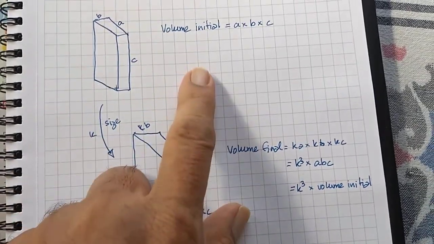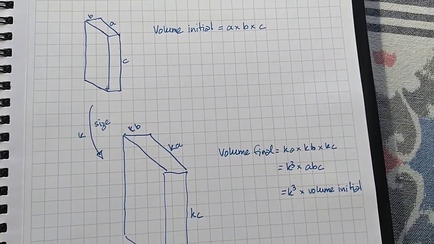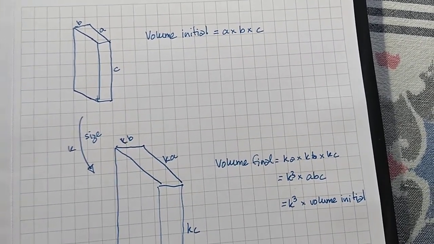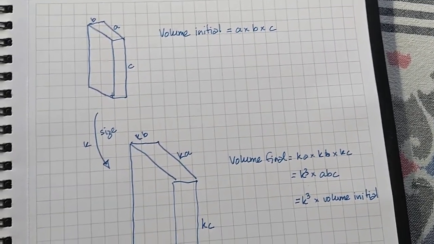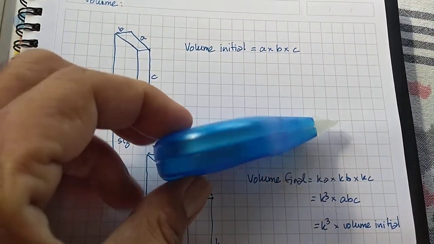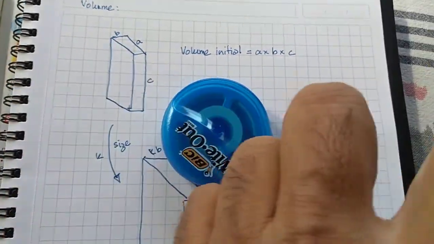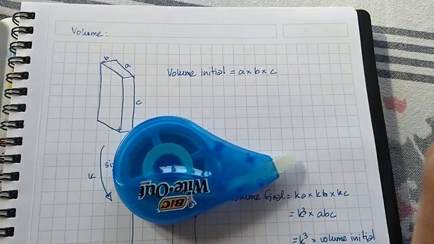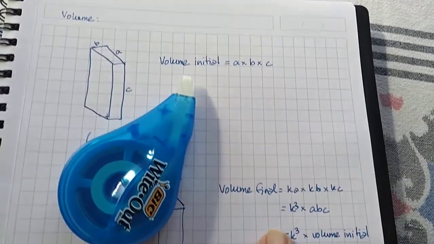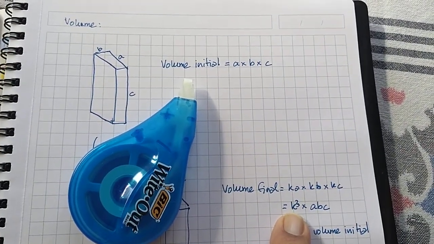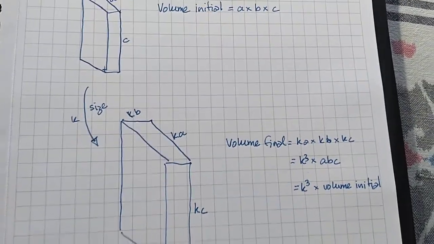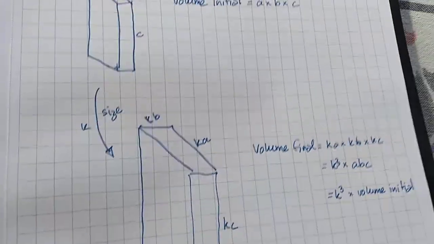And this will work for any figure, any three-dimensional figure, a pyramid, a cylinder, whatever. If you took this thing and you calculated the volume of this thing and then you enlarged it 2 times, then the volume of the enlarged one will be 2 into 2 into 2, which becomes 8 times. 2 cubed is 8. So this is all the lesson for this chapter.